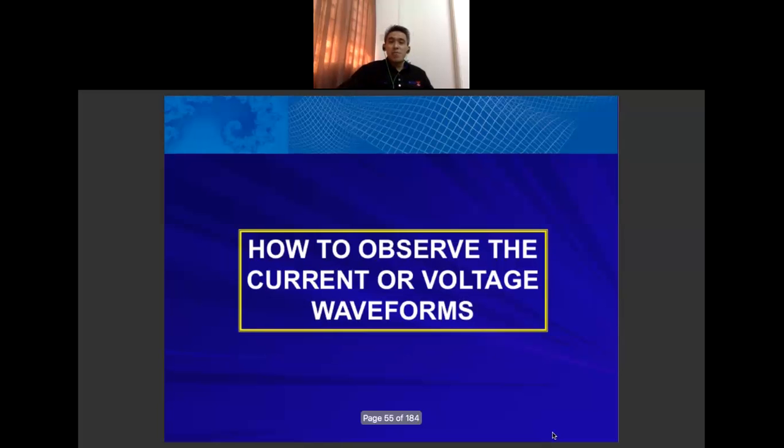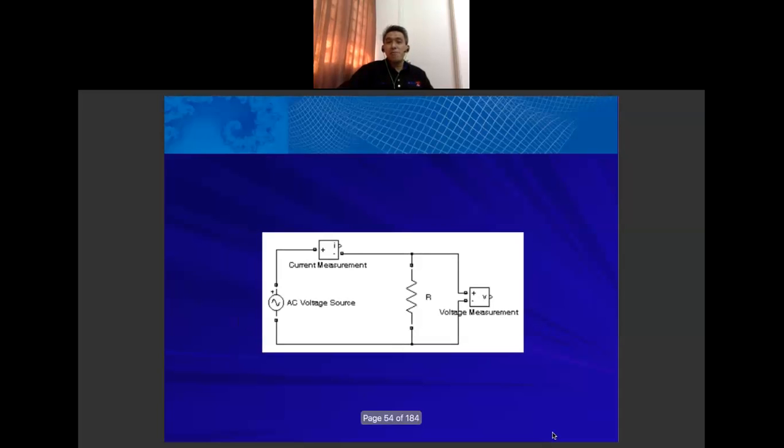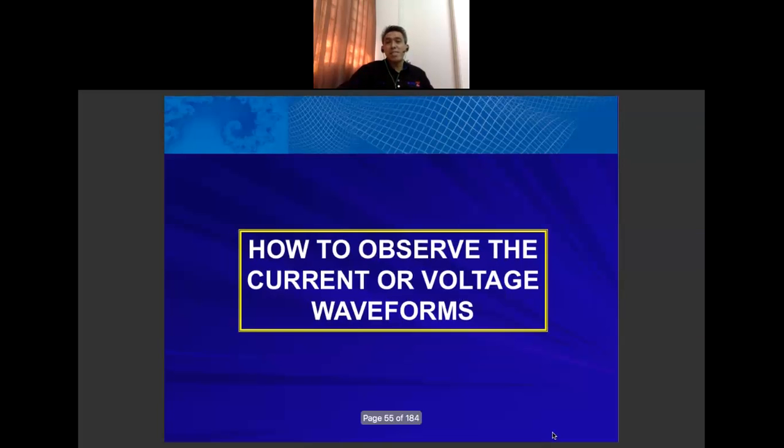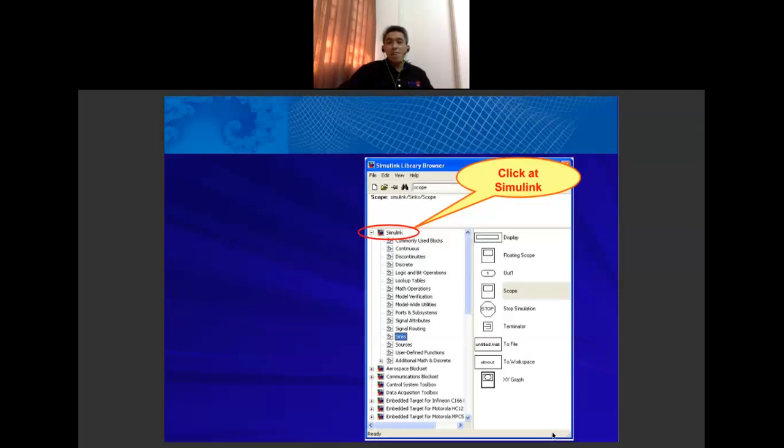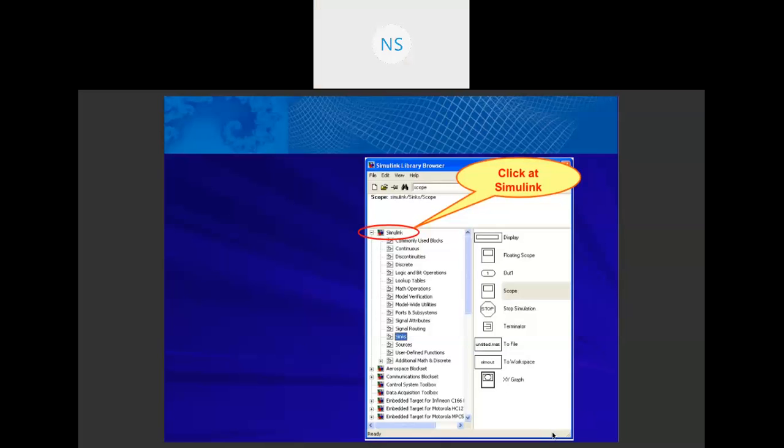So now, how to observe the current or voltage waveform? Similar to when we perform experimental work, we use an oscilloscope to observe voltage or current waveforms. In MATLAB Simulink, we use a scope.